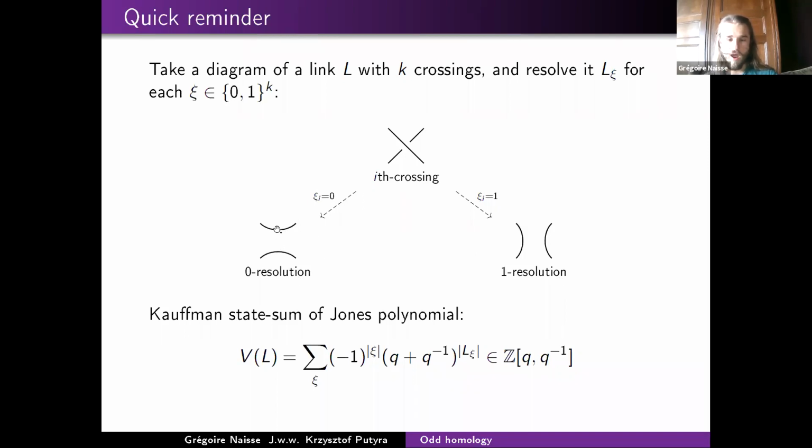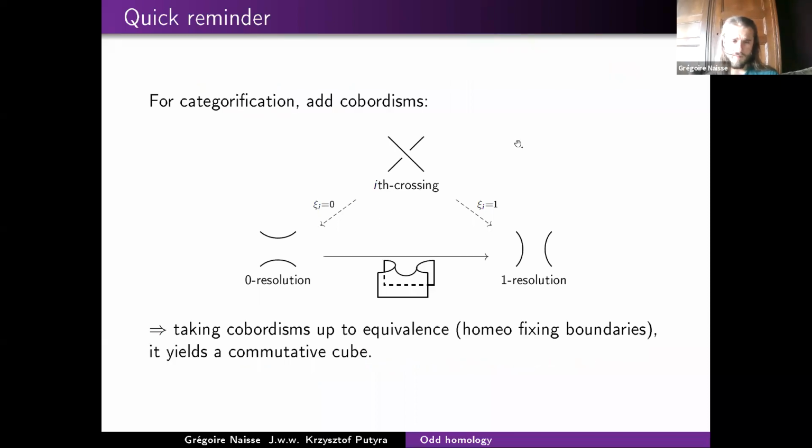So you want a way to go from, say, a 0 resolution to a 1 resolution. And so you're looking for maps between closed one-manifolds. And one way to do that is by using cobordisms. So what we can do is construct cobordisms between our different link resolutions. Whenever you have, say, a 0 resolution, you can go from there to a 1 resolution by just putting a